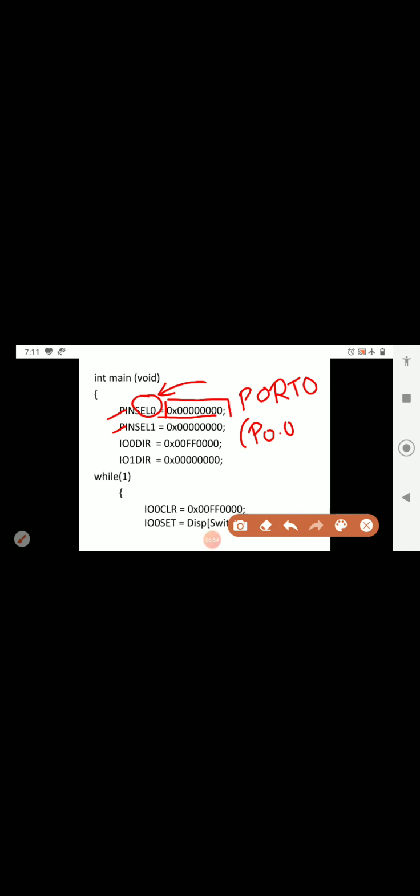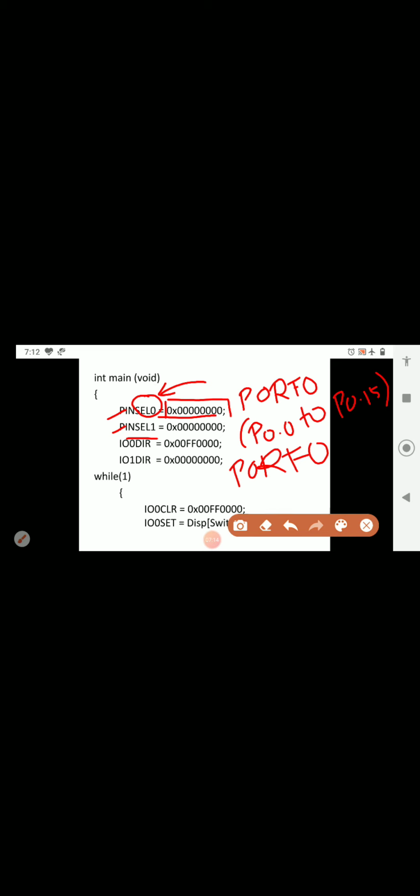P0.0 to P0.15. So we are selecting these 16 pins there from PINSEL0. Similarly we are selecting PINSEL1, that is also port 0 only.